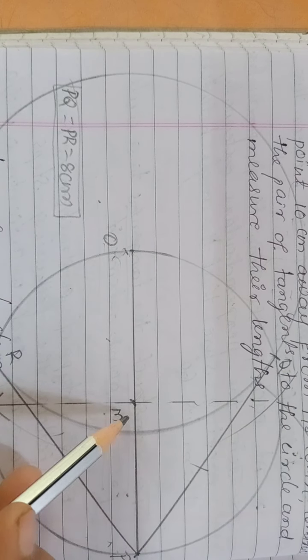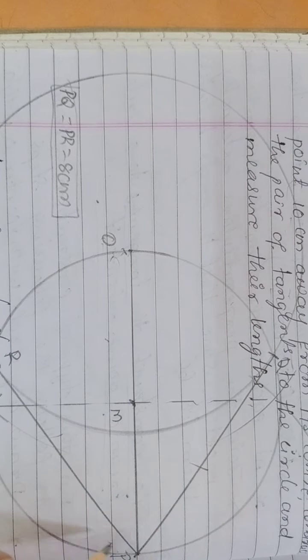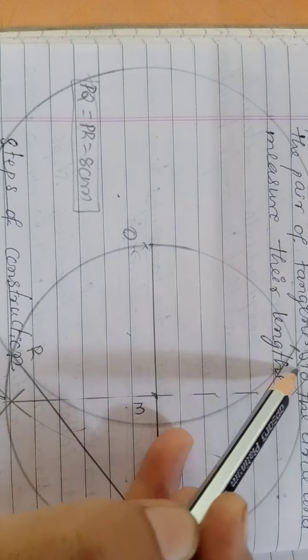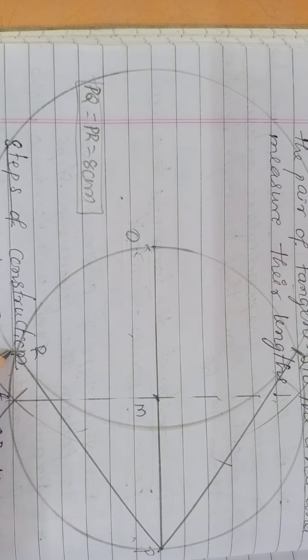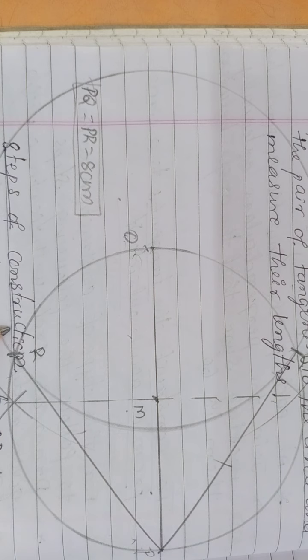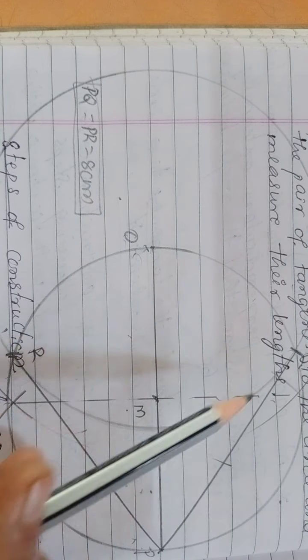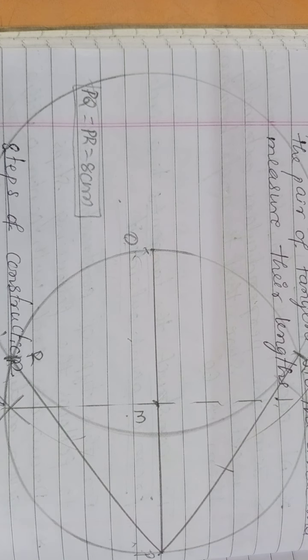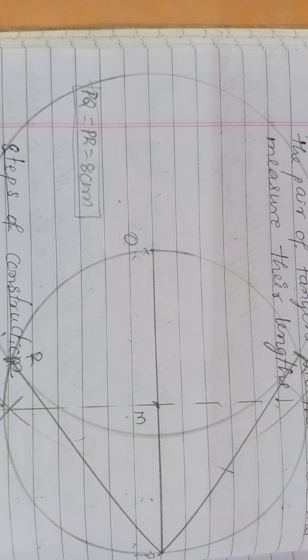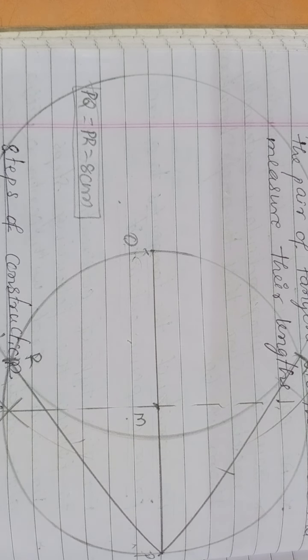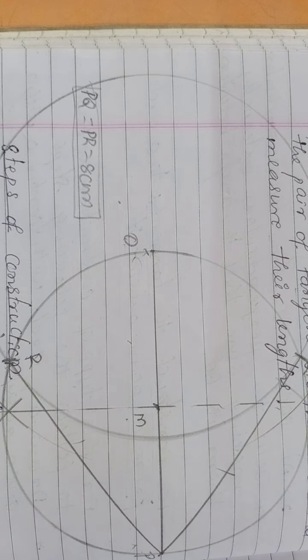With MO as a radius and M as a center, one more circle we have drawn. Where this circle is touching the previous circle, those points you have to mark and call them Q and R. Now joining PQ and PR, these PQ and PR are the tangents. Okay, children, this is the way of constructing a tangent from an external point. Now the few more problems we will discuss later.